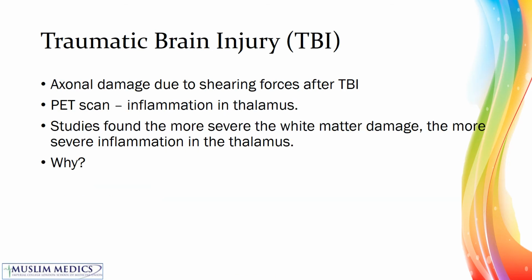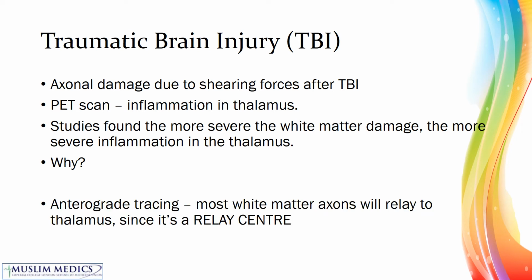Another form of pathology would be traumatic brain injury, and this is when we have shearing forces and this leads to axonal damage. If we look at this under a PET scan, we'll find inflammation in the thalamus, and studies have found the more severe the white matter damage, the more severe the inflammation in the thalamus. The reason for this is anterograde tracing, because most white matter axons will relay to the thalamus, and therefore the inflammation will spread down the axon into the thalamus. Therefore, if we have more white matter damage, we have more axonal damage, and therefore more thalamus damage because of